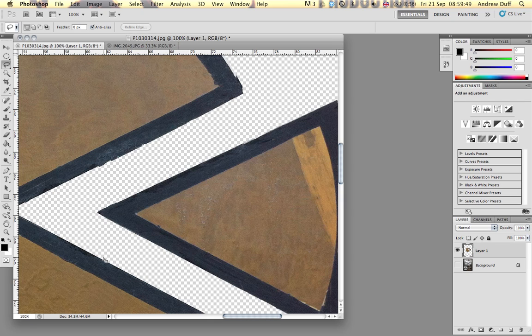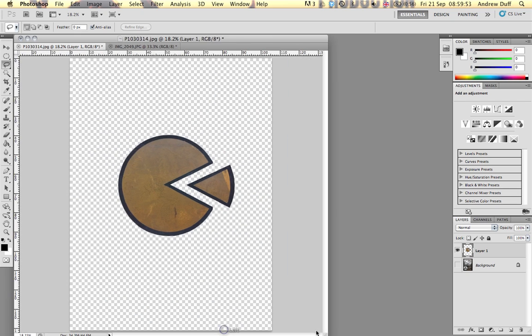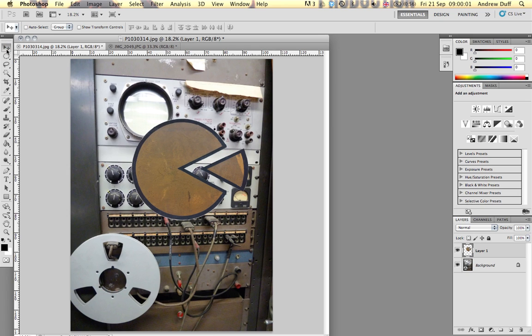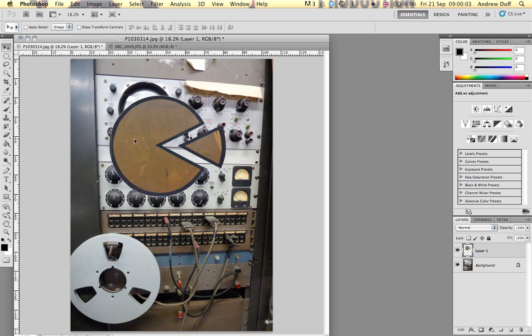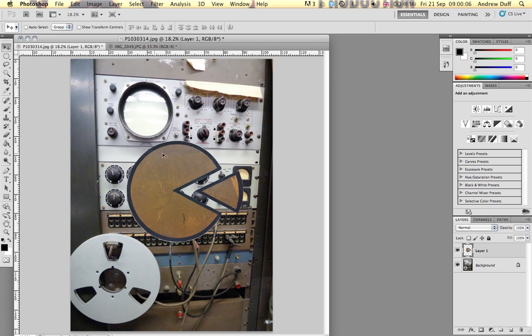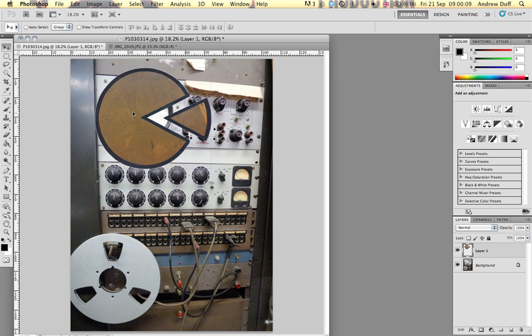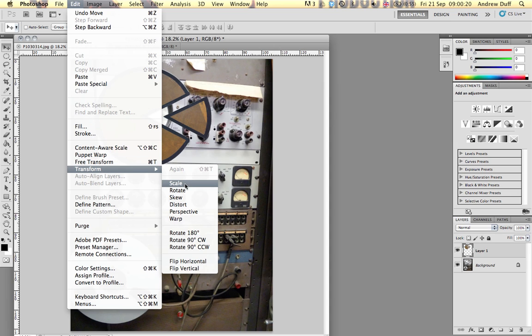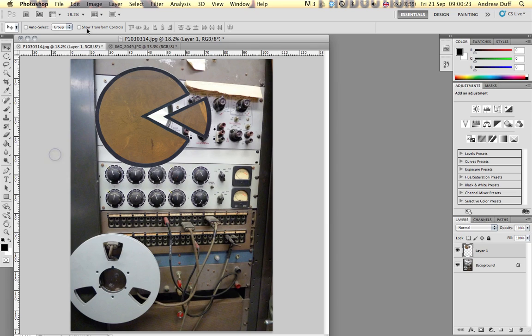Okay, I press Command and 0, get back to seeing my image full size like that. Now I'm going to go and switch back on my background layer. Okay, so if I use my move tool, which is this top one here, then I can move this around, and what I want to do is put it in this little screen up here. So I'm just going to put it over the top of that. Obviously it's too big, so there's a couple of different ways that I could go about sorting this out. I could go up to Edit and Transform and Scale, or using this move tool we have Show Transform controls